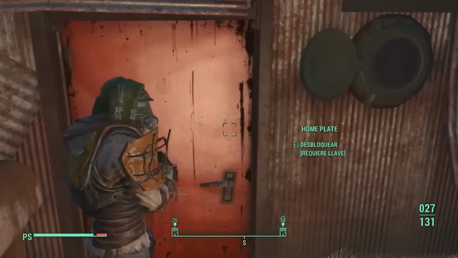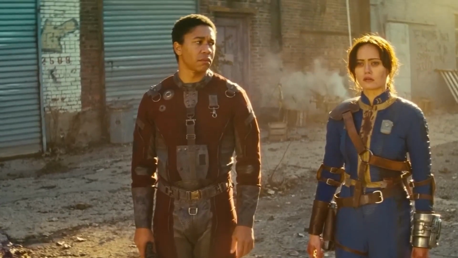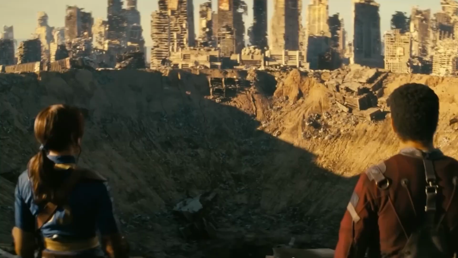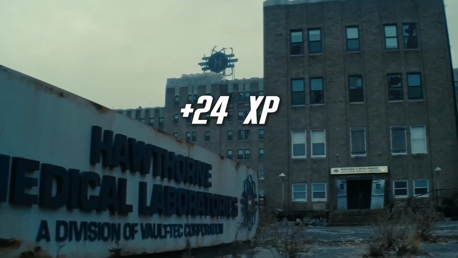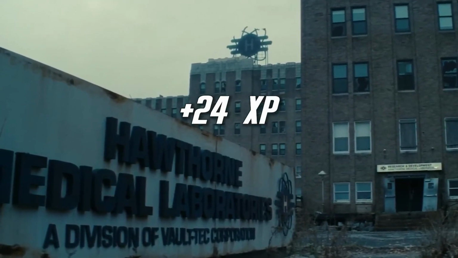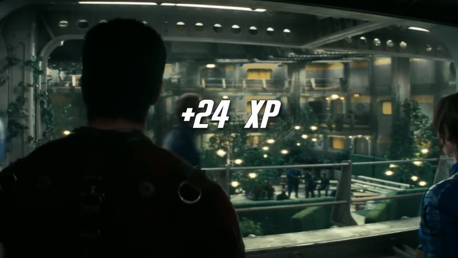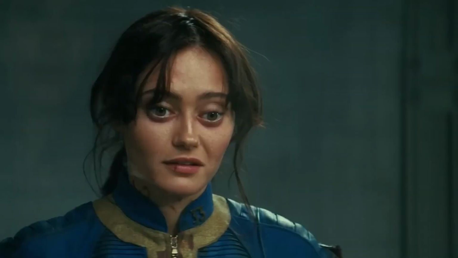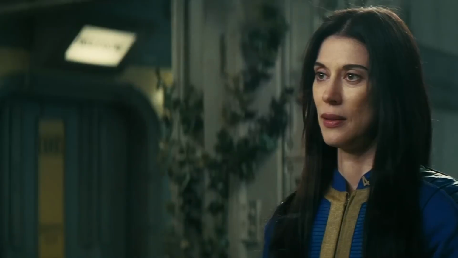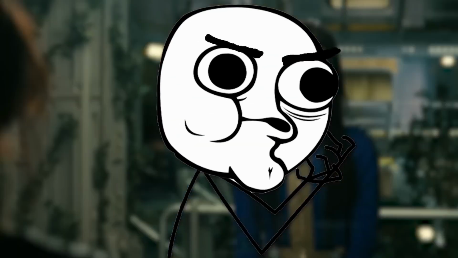Based on this, it's clear that every location Lucy goes in Shady Sands, no matter how short, will give her experience. Thus, we add 24 points for the nuke crater, and Lucy gains 24 points finding Hawthorne's med lab. Finally, the finding of Shelter 4 also adds 24 more XP to us, even though it is beneath the hospital facade. In EP6, we see how Lucy's first side mission unfolds, now in Shelter 4, and unfortunately she doesn't get